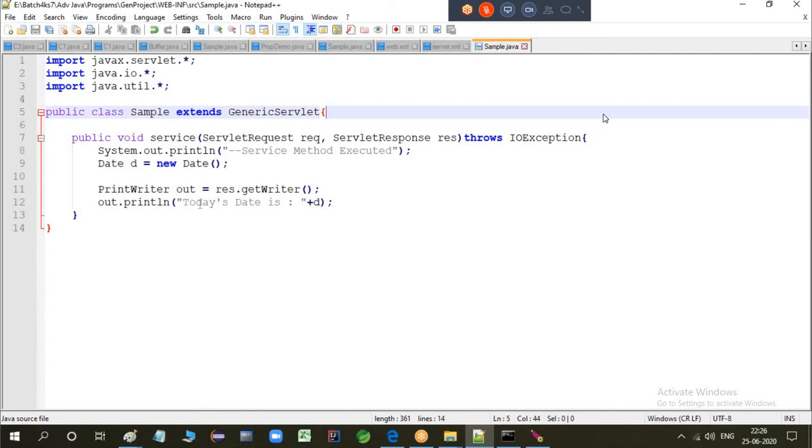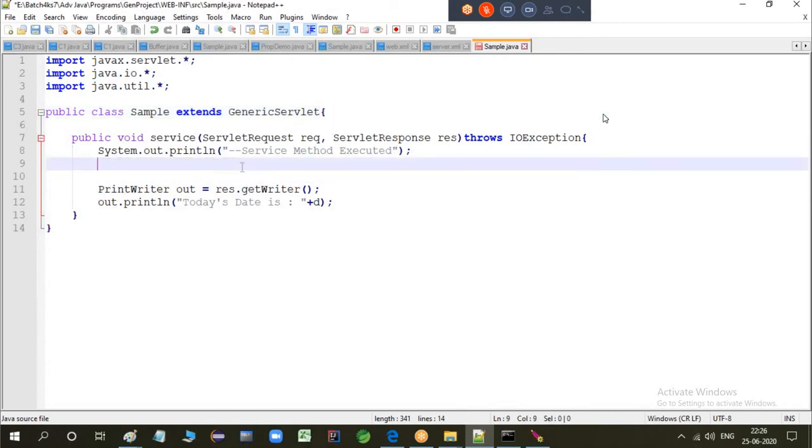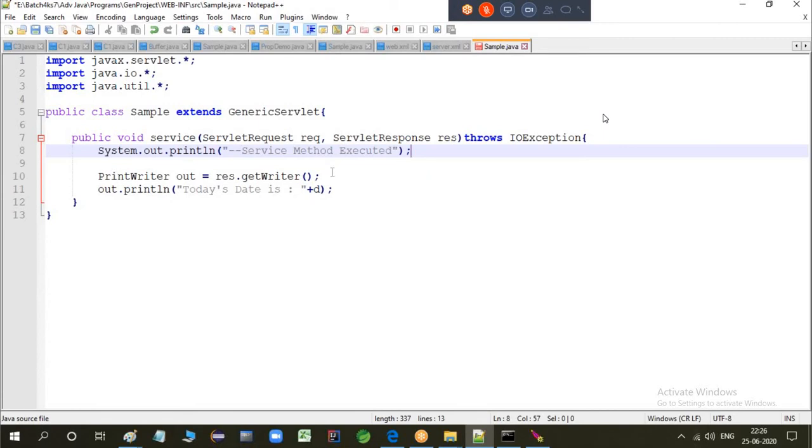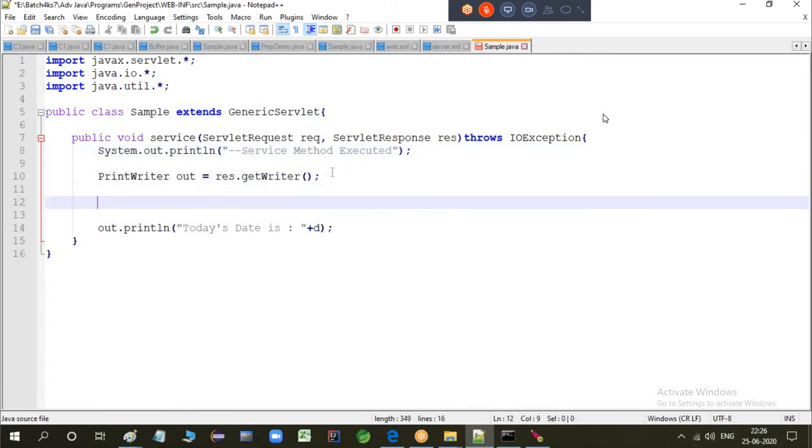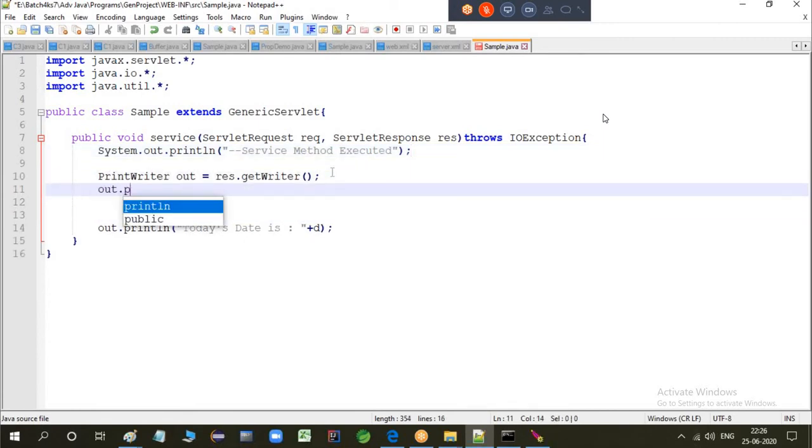Now, suppose you want to give a response in a proper format, in larger sizes. Let me take this out. And you want to print output using println in proper format, some HTML page you want to create.